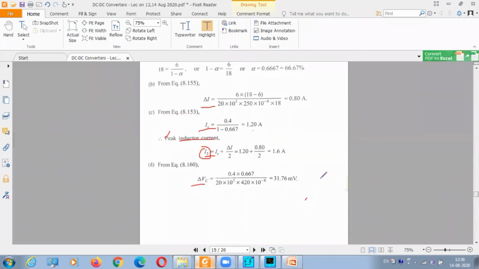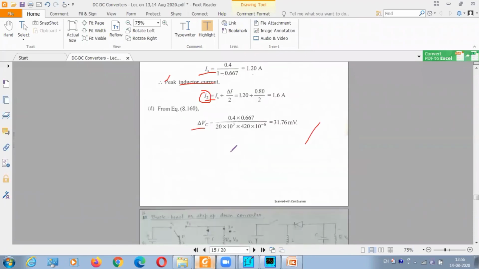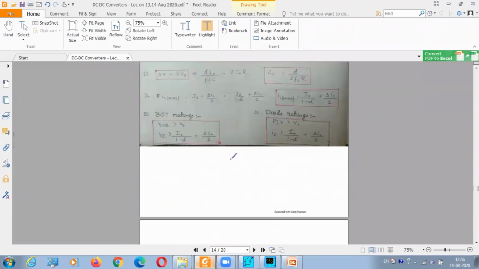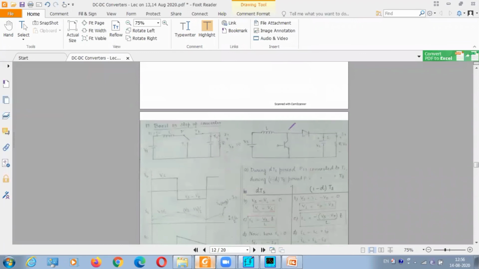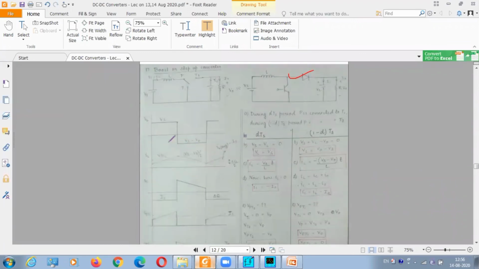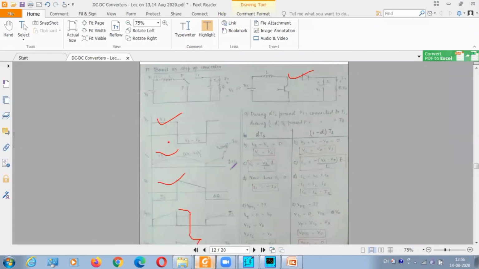Up to this, it is for today. Next day we'll discuss buck boost converter, or step up down converter. So there are 3 converters. All these 3 converters will have a circuit, which you have to draw in the exam. It will have waveforms. VL, IL and IC are very important. This is for your understanding whether voltages and currents are positive or negative. According to that, we'll replace this single pole double throw switch by MOSFET and diode.